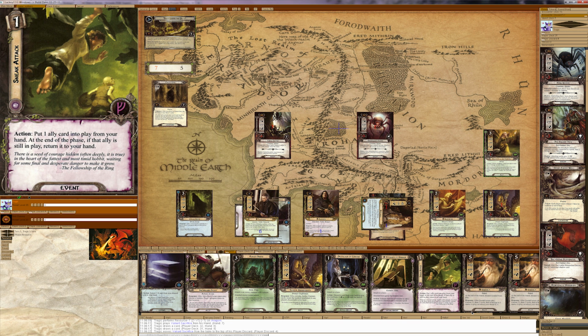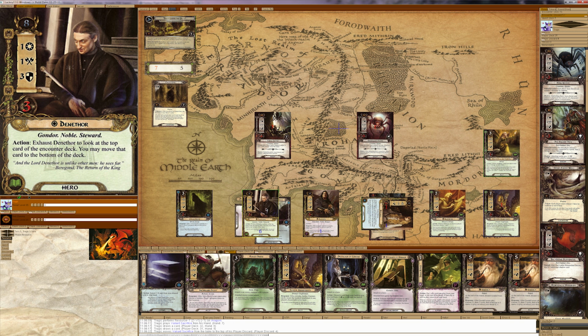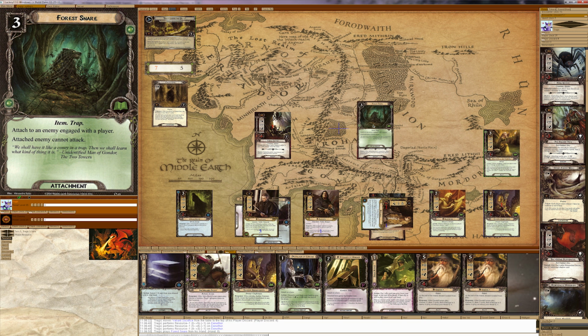Okay. So, first thing, obviously, we're going to snare 1, 2, 3 the Ungoliant's Spawn. So we snare the Ungoliant's Spawn, and